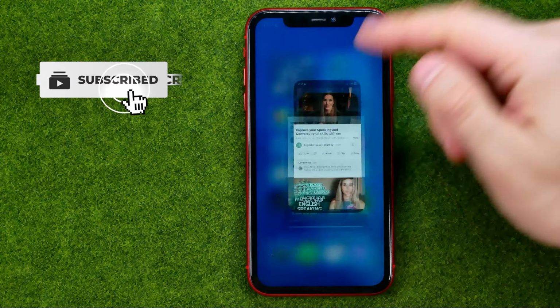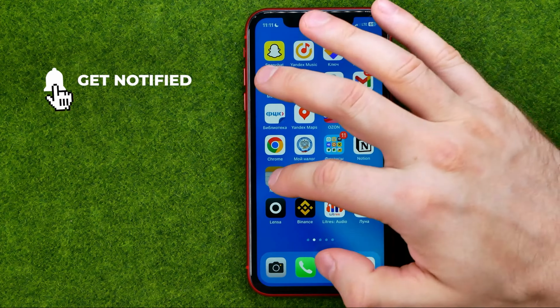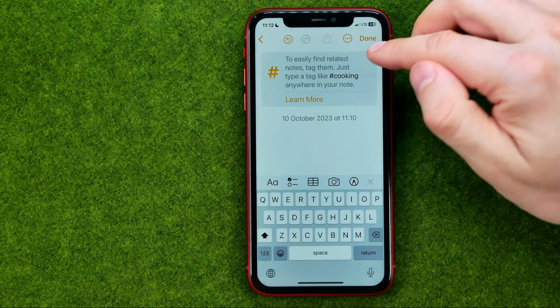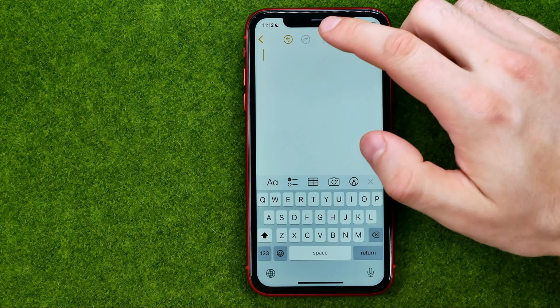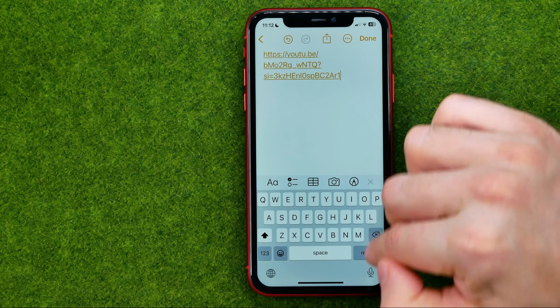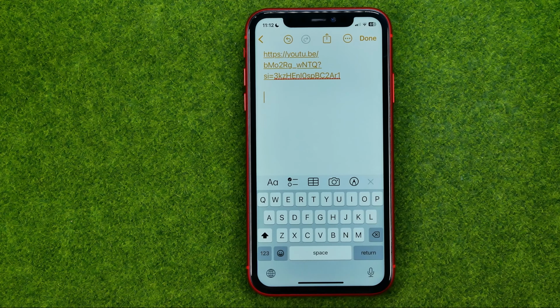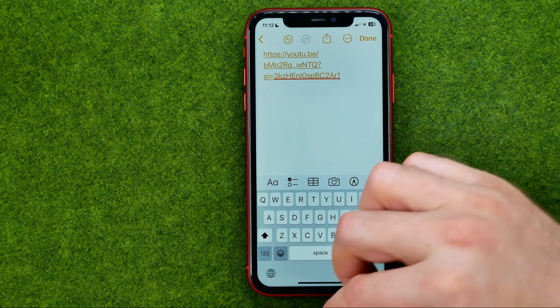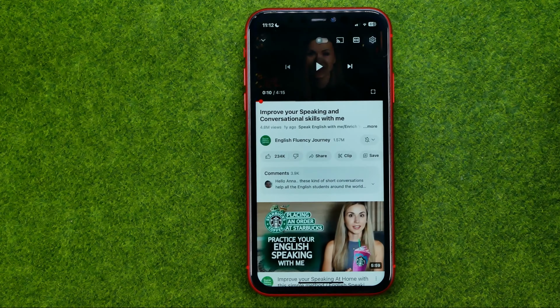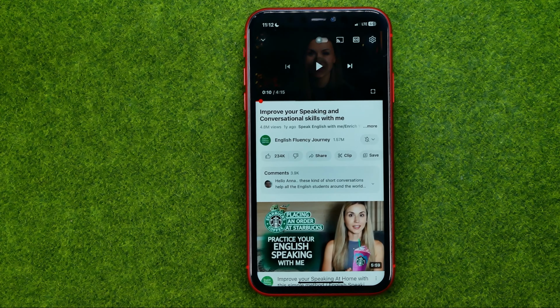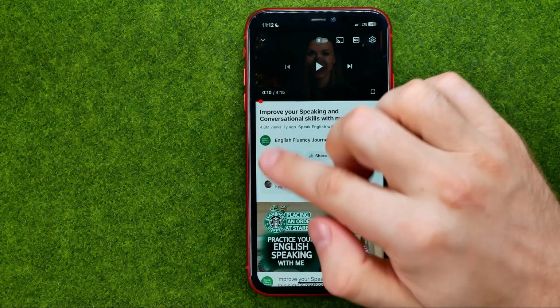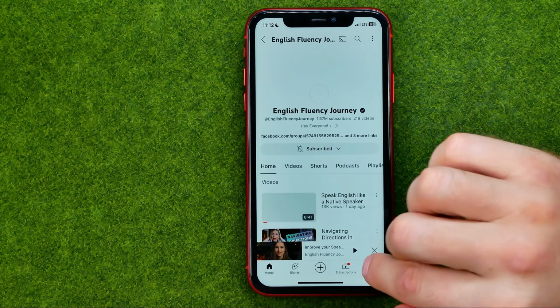So now we can go to notes, for example, or to some messenger, and then we can just paste the URL we copied. If you would like to copy a link to a particular YouTube channel, first of all, open